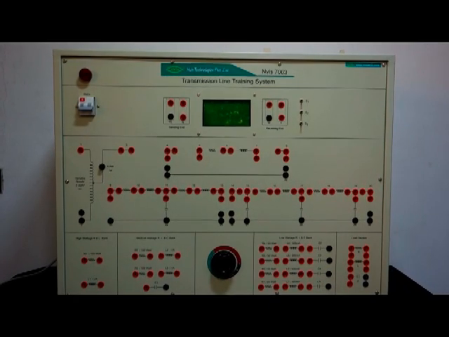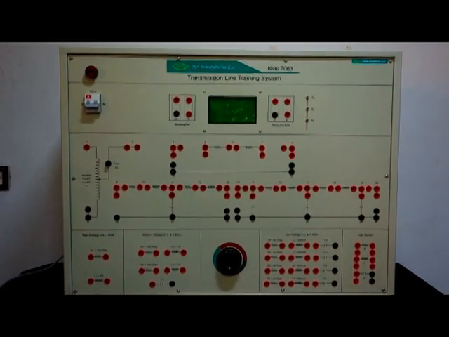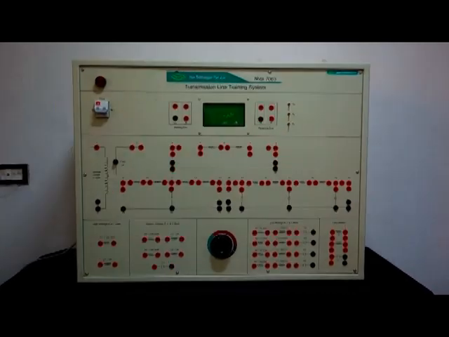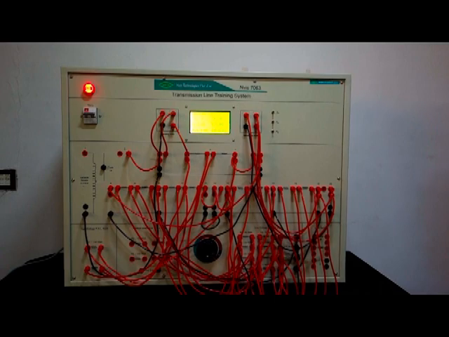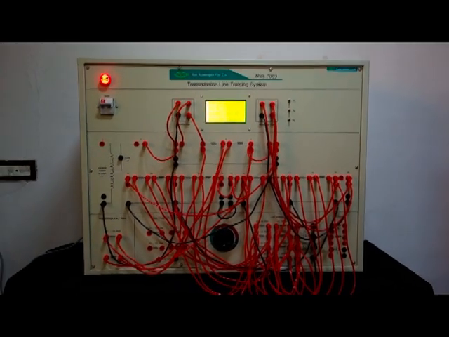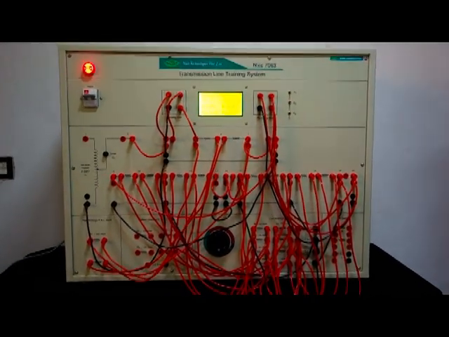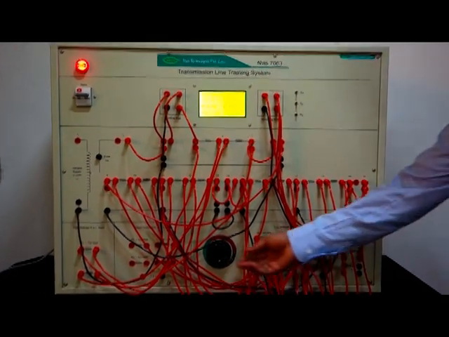With the help of Variac, adjust the voltage up to 220 volt.